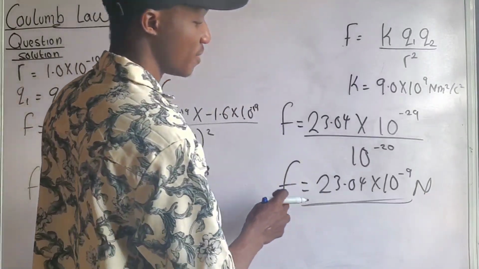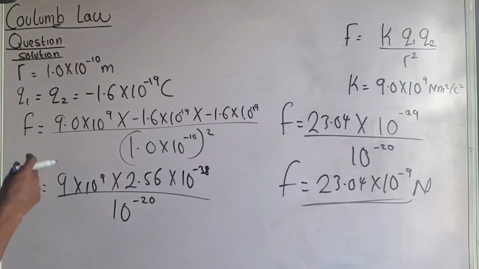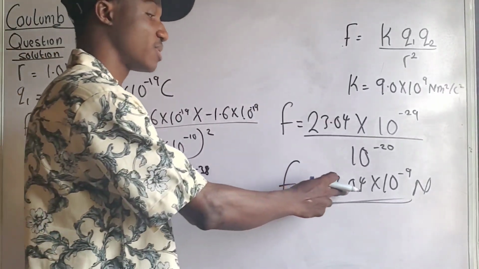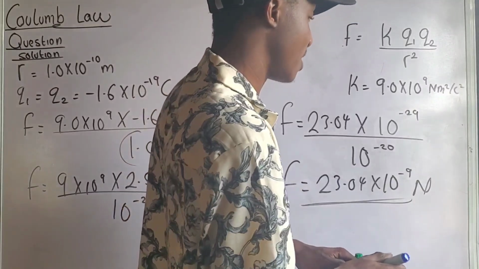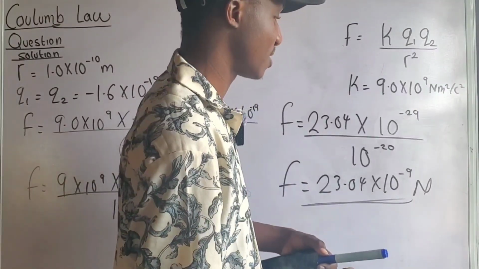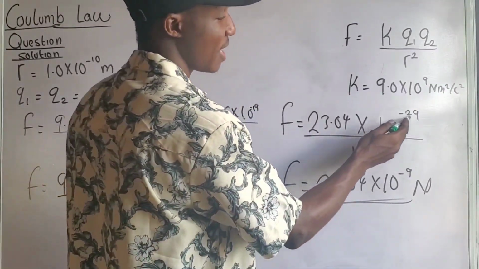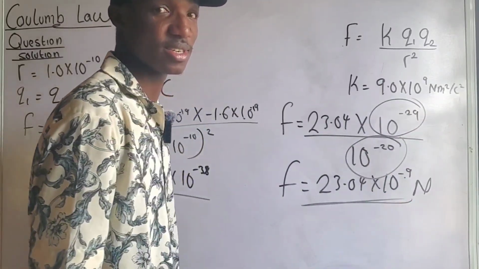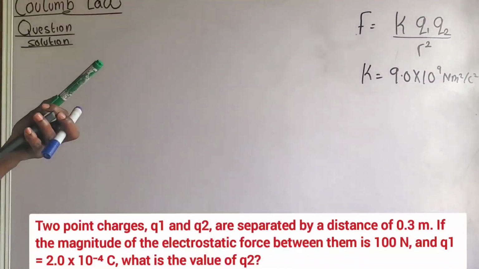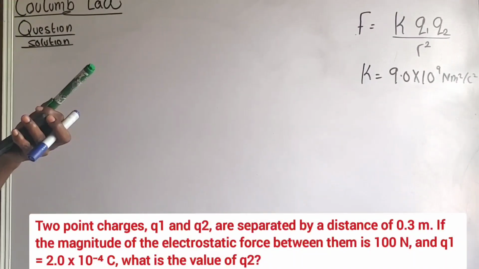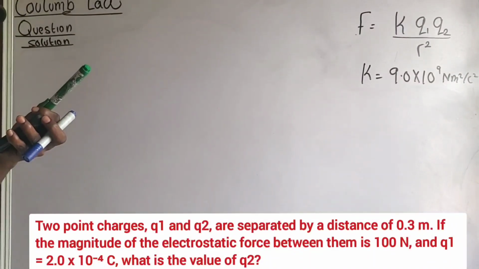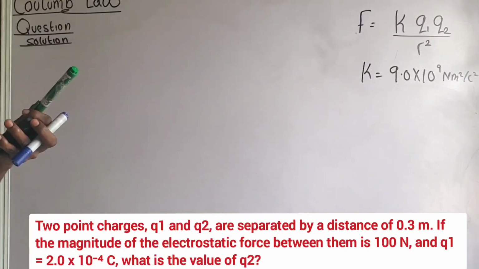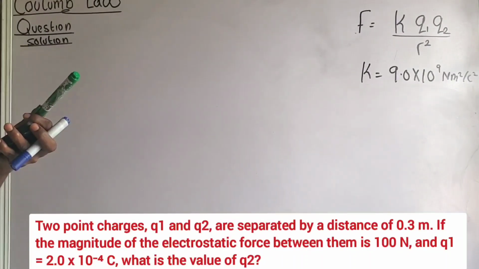So the magnitude of the force between these charges, negative 1.6 times 10 raised to the power negative 19, is 23.04 times 10 raised to the power of negative 9 Newton. If you understand, listen to the explanation again. From this step, I just divide this by this. That's why I got 10 raised to the power negative 9. You understand? Two point charges, Q1 and Q2, are separated by a distance of 0.3 meter. If the magnitude of the electrostatic force between them is 100 Newton, and Q1 equals to